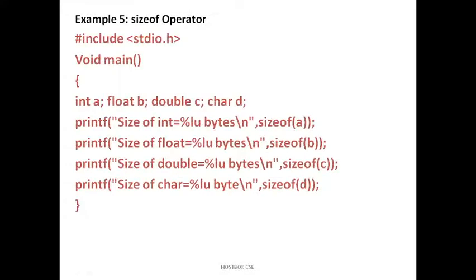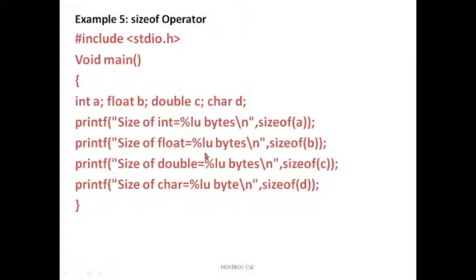The sizeof operator, I told you, if you want you can check the variable size also. I am writing a simple program using the data types int, float, double here. So I am writing int a, float b, double c and char d. Now I want to print the size of all these data types. So I am writing printf, sizeof int, then %lu bytes slash n, sizeof a. Similarly I am getting sizeof b, sizeof c and sizeof d. For this program I am using %lu, meaning long unsigned values, whatever sizes it goes and prints, whether it is a long digit or an integer small digit, it will print in a good manner.